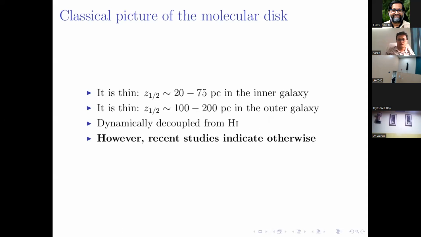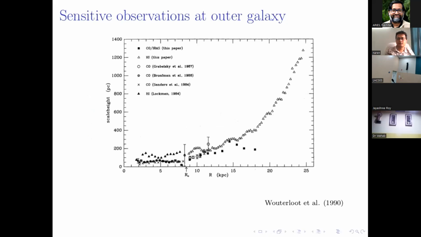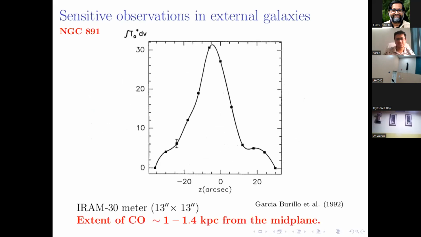So this was the classical picture, but sensitive observation has changed this idea. For example, Waterloo et al. used IRAS point source observation and found that at the outer radius, beyond 10 kiloparsec, the molecular scale height and the atomic scale height are actually quite comparable. And this is for our own galaxy, and even for the external galaxy,